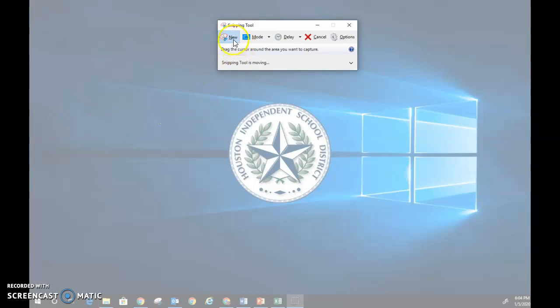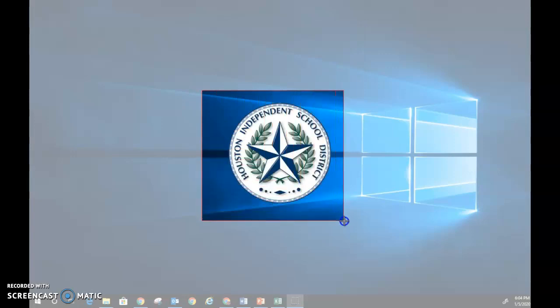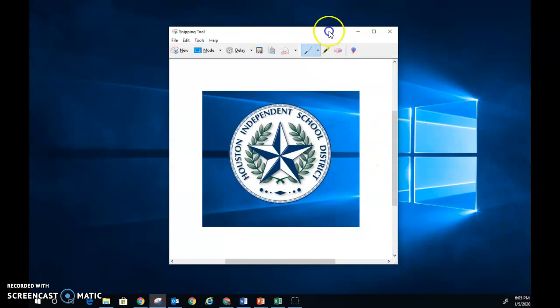And if I click new on snipping tool, it's going to white out the screen like this. Notice here's a picture still in the middle. If I wanted to cut this out, I would just click, hold, drag, and then release, and I have